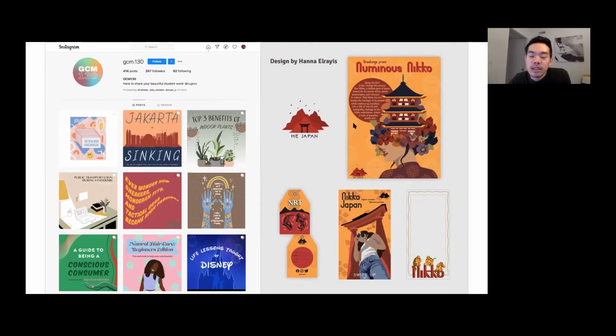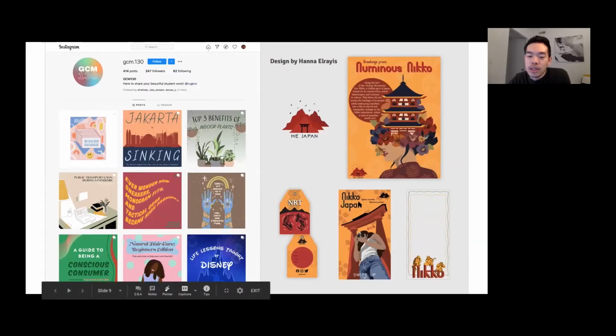So in this particular example, this is branding for a travel agency. So this student, Hannah, she developed her logo. She designed a magazine ad that would be in something like National Geographic. She designed two sides of a luggage tag. So these are printed items, but then she also took her skills and developed an Instagram story that you would see on social media, and then a Snapchat filter as well.